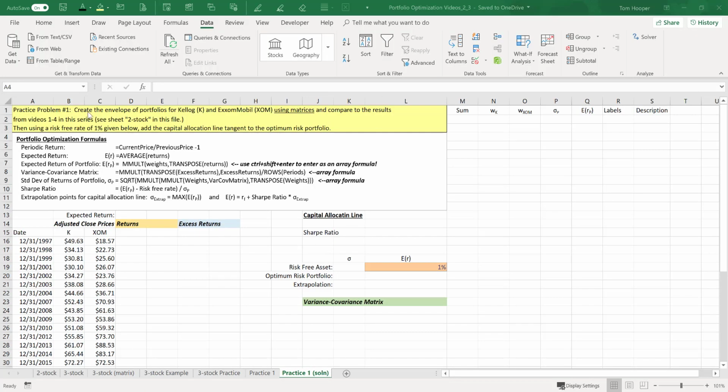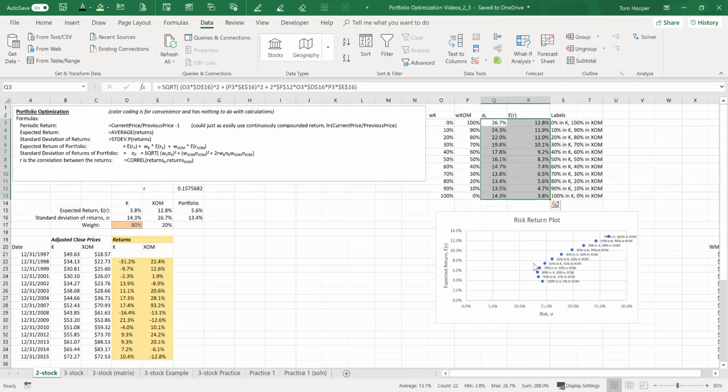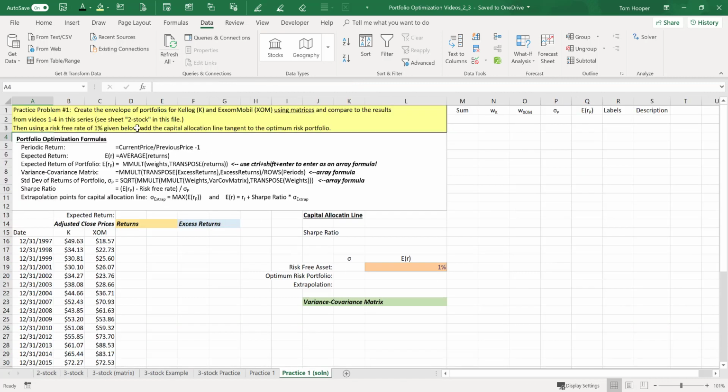Let's do a practice problem where we go back and create the same envelope of portfolios that we did for Kellogg and ExxonMobil in videos 1 through 4, or sheet 2 stock of this file. So we'll see if we can get these same numbers using the matrices approach. After that, we'll go ahead and use a risk-free rate of 1% to add the capital allocation line tangent to